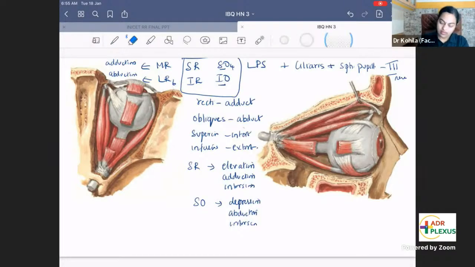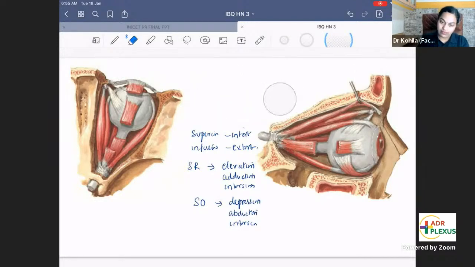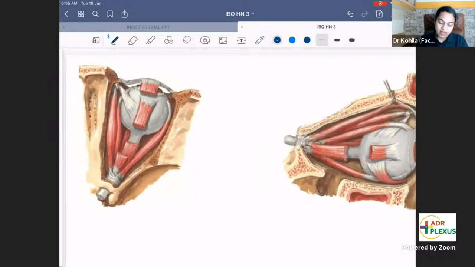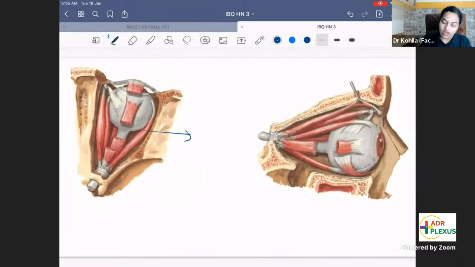Identify with me the muscles. Remember, there are 4 walls for the orbit: superior, inferior, medial, and lateral. Of the 4 walls, 3 walls will be related to two muscles each. Only the lateral wall, you get to see a single muscle. The muscle on the lateral wall is